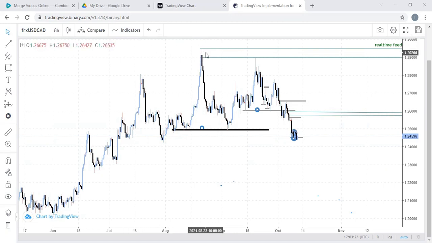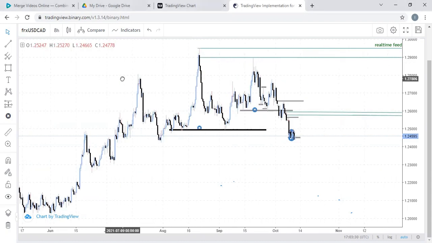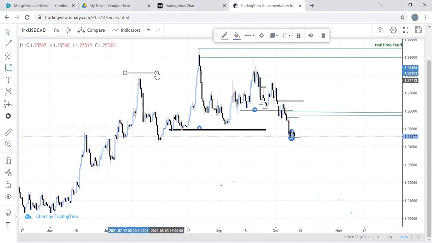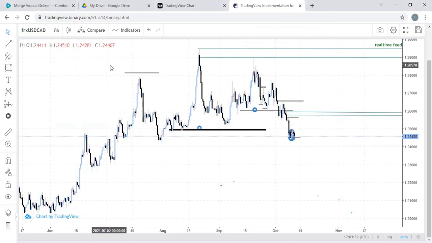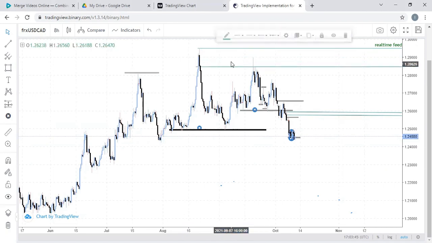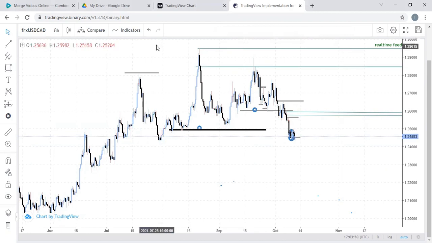One of my videos about mitigation is actually in the playlist, so you can watch it. This was a perfect example of mitigation. You can actually see that, like I said in the previous video, a mitigation block is formed. This is a mitigation block. So a mitigation block is formed when the high